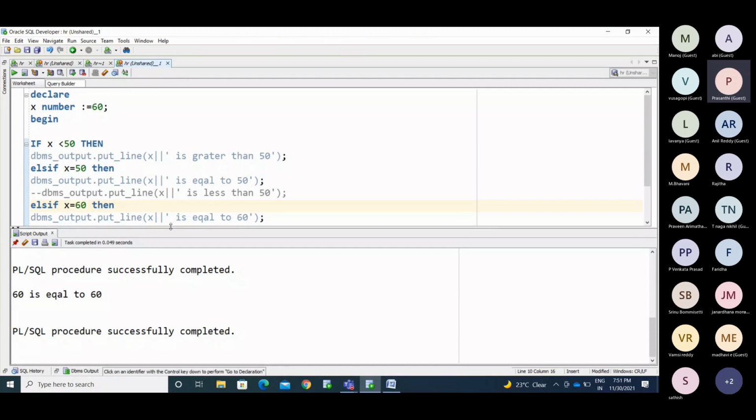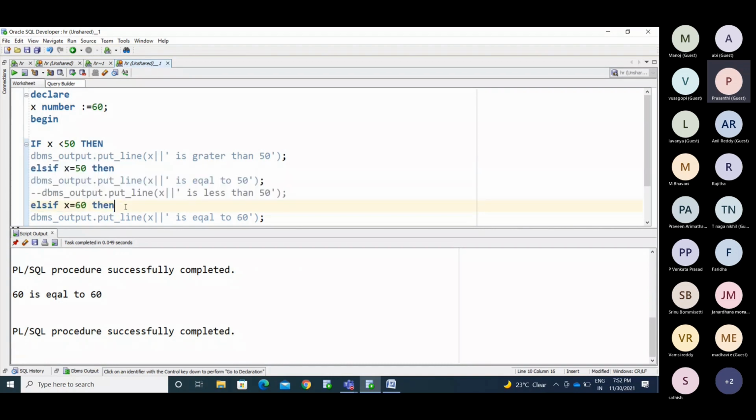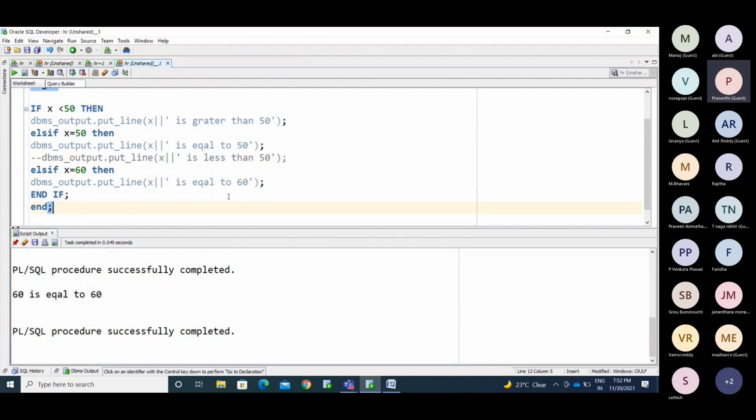Without if you cannot use the else if. In the case statement also, you cannot use the when clause directly. First we need to mention the case. In the similar way, you need to use else if. If you want to check with multiple conditions, use the else if. How many conditions you need to check, use that many conditions and then use the else.